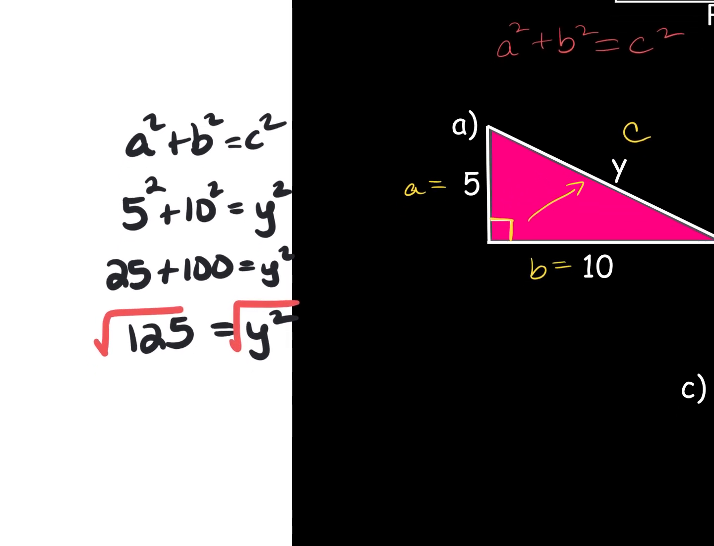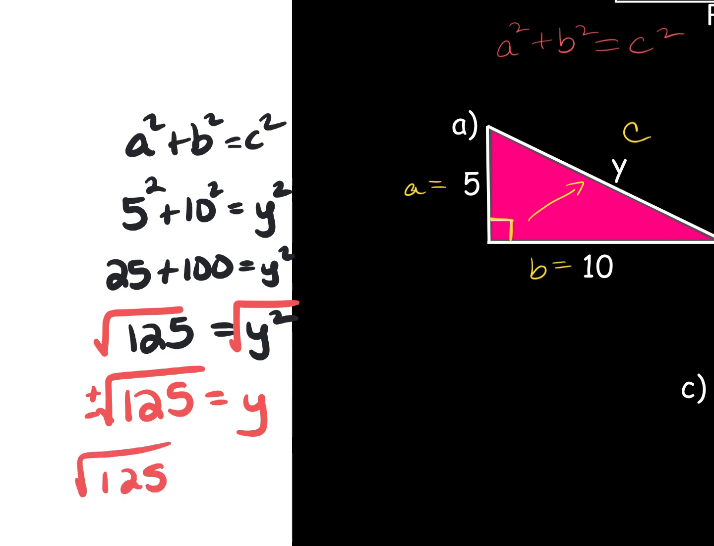And then I get the square root of 125 is equal to Y. Now, technically, whenever you solve for a variable squared, what ends up coming out of that is both a positive square root of 125 and a negative square root of 125. In Algebra 2, we would keep both. But in geometry, we don't want to work with the negative square root because I don't want a negative side of my triangle. So whenever I'm doing any of these Pythagorean theorem questions, I'm only keeping the positive square root